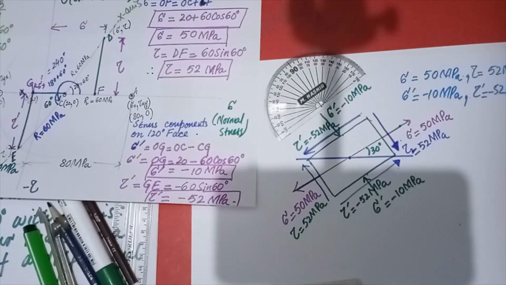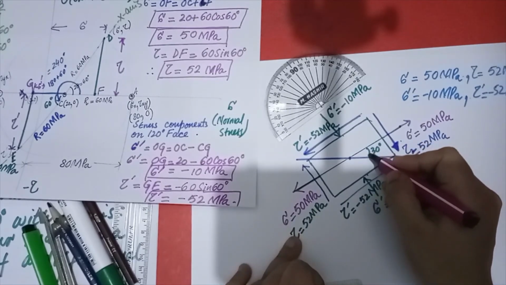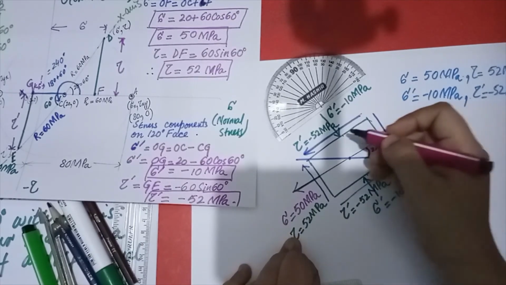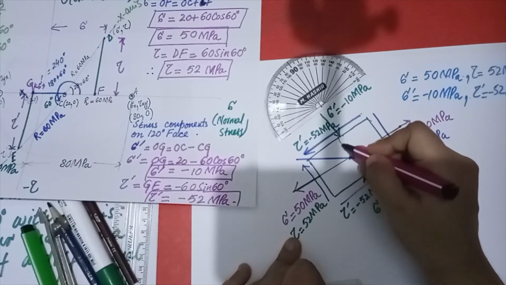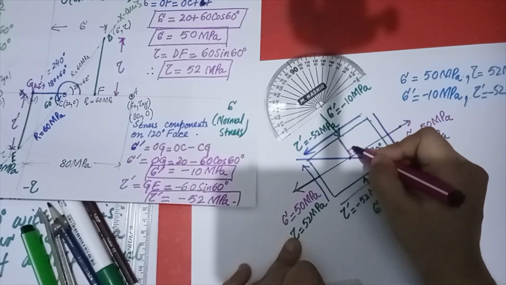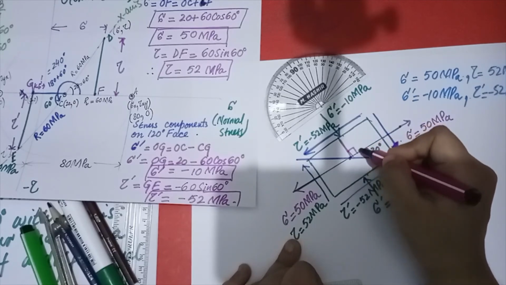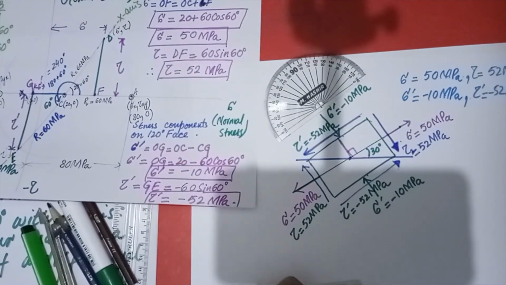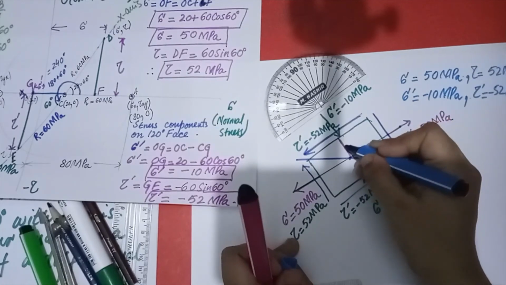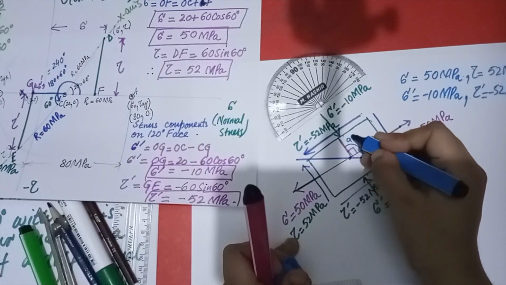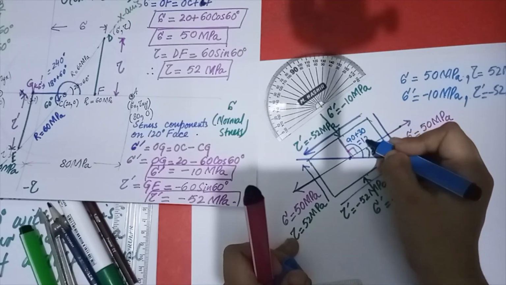So what does it mean by that? That is how you can find your differential element from the Mohr circle, and you will get exactly the same idea. It is asked in the question that you have to make the differential element at 30 degrees, but you are getting your answer at 120 degrees as well. If I draw it like this, this is 90 degrees and this is 30 degrees. So when I make the complete angle, it will be 90 plus 30, so it will become 120 degrees.